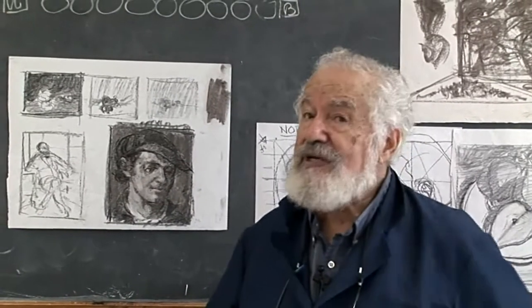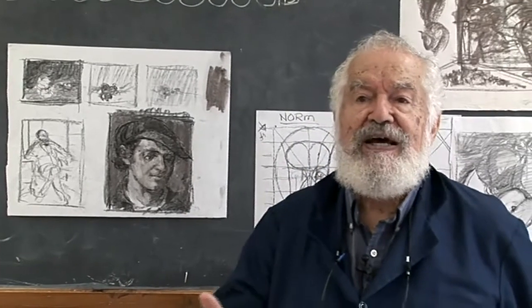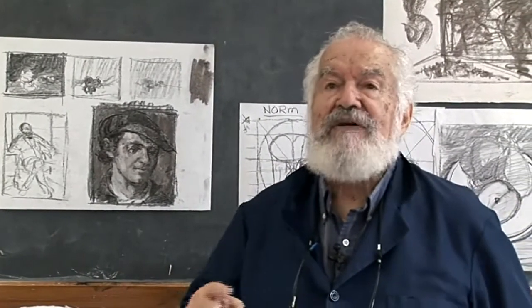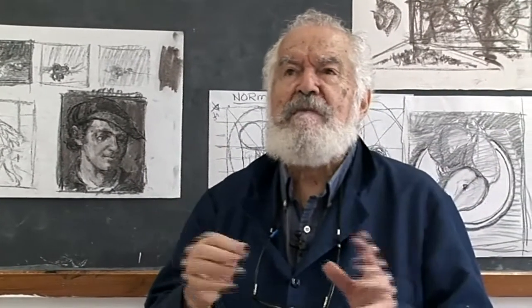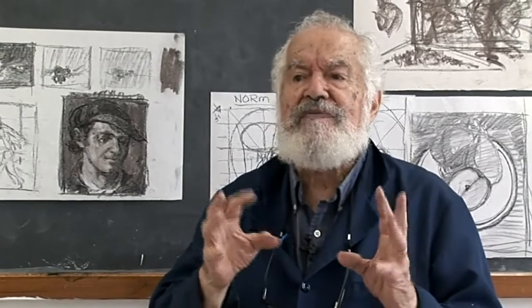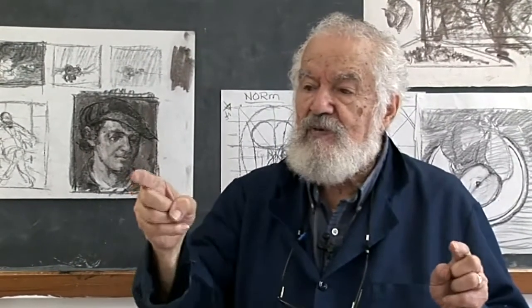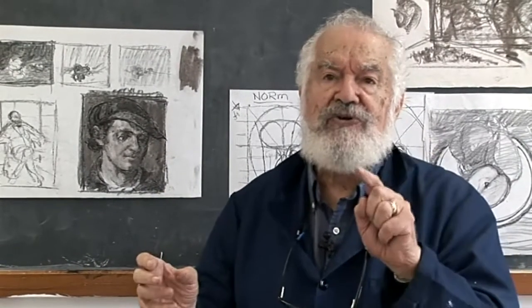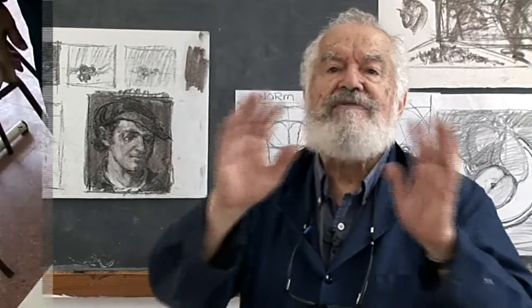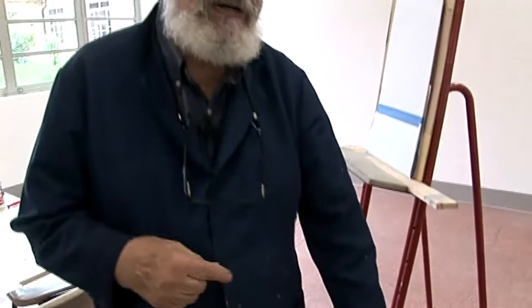Now the oils, I said, are all transparent, and then I will mix a batch of paint, and we'll do something here. And what I'm going to do, I'm going to execute a head. And the head would be giving you something a little differently than what I'm going to be showing you. I have a wipeout here done in sap green and black, and I can show you that too. So we can say, I'm now going to be in the process of mixing the paints for the